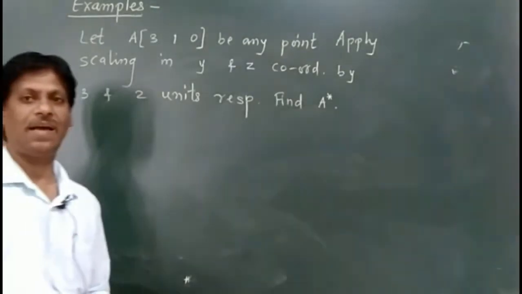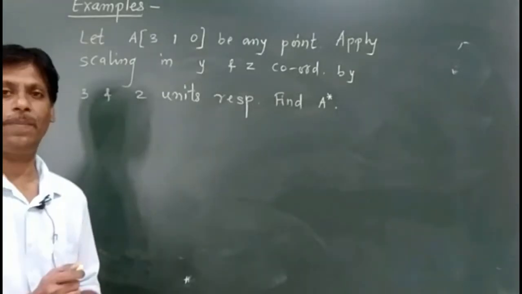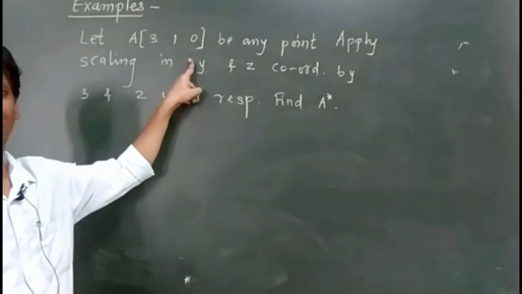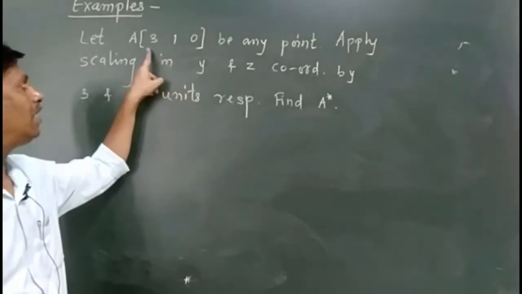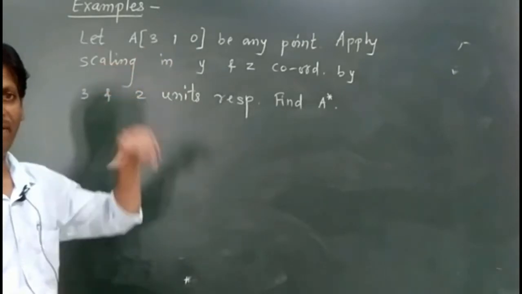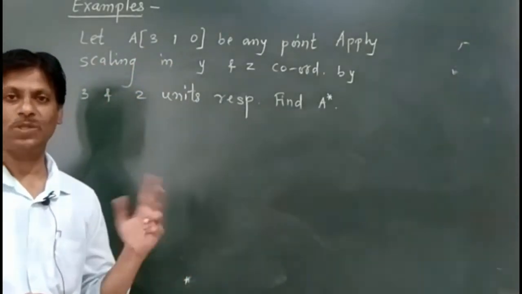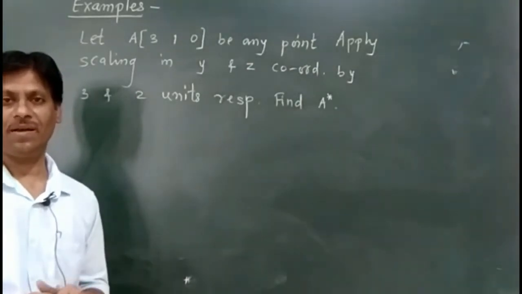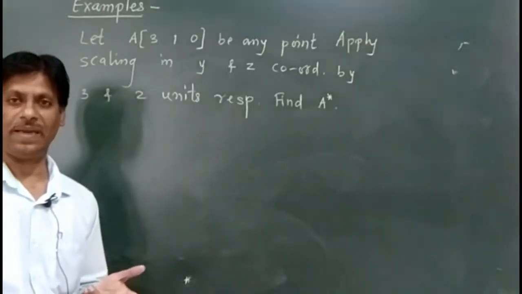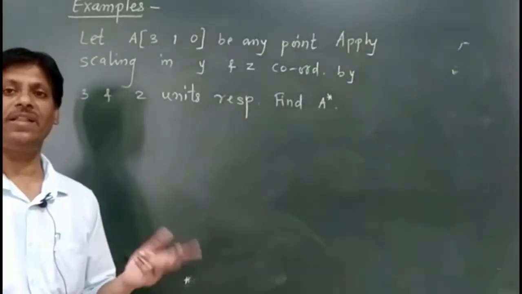Now what is that example? So A be any point in a three-dimensional plane. Why is it in a three-dimensional plane? Because an ordered triplet is given here. So how many coordinates are there of the point A? A has 3 coordinates. That means we can say the ordered triplet. If it is a point in the two-dimensional plane, there is an ordered pair, that means only 2 coordinates will be there to represent that point in a two-dimensional plane. So here 3 coordinates are given. So that's why it is a point in the three-dimensional plane.